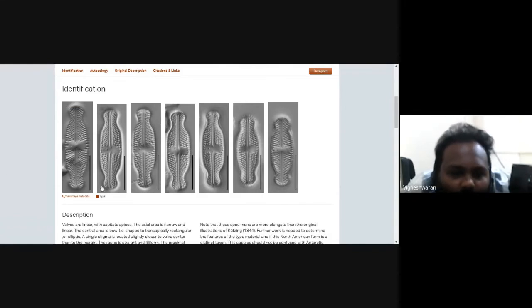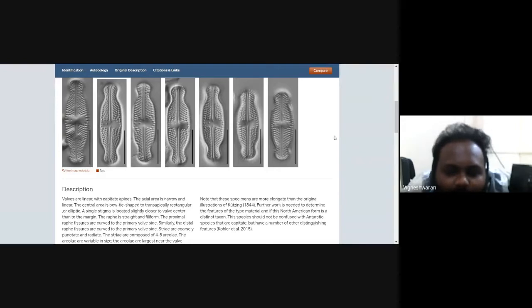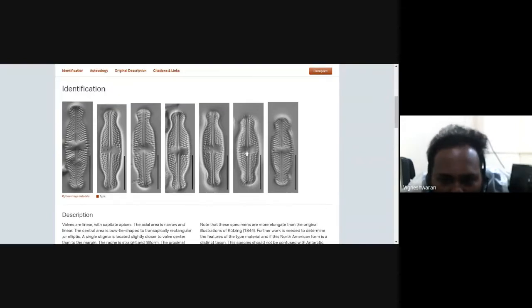So what we have to do is cover the entire range, how much size range they go through. That we have to find. For that, we have to take multiple pictures of the same genus, like this. Then we have to crop them using some software. There are many different softwares. Mostly we use Inkscape, GIMP, and Photoshop. In India, whatever study we are doing, we mostly use the GIMP software. That is free software, you can use it.